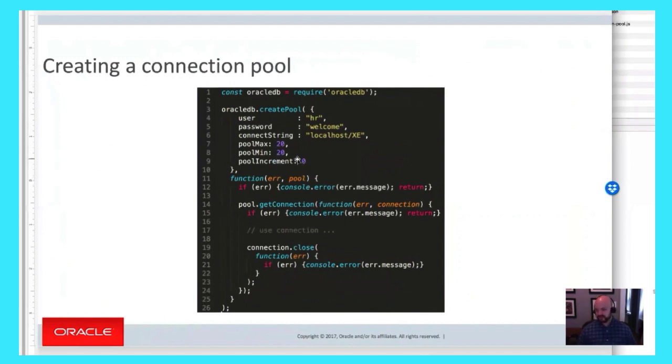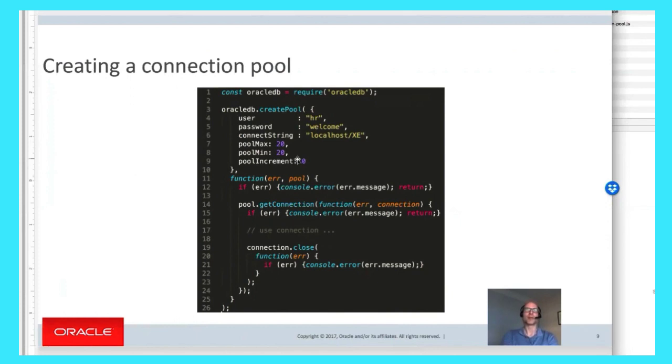And correct me if I'm wrong, Chris, I think I learned this from you, but I believe our performance group recommends a fixed pool size over a varying pool size because it just takes the overhead of managing scaling up and down the pool out of the equation. Is that correct? Yeah, so this is our real world performance group, and this is part of the doc. If users go to the Node doc, they'll see links to their discussion in our Oracle official documentation. And